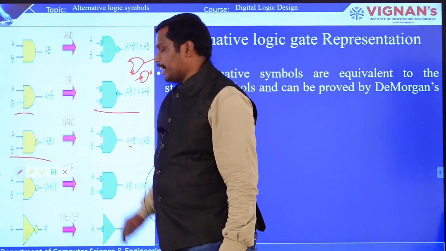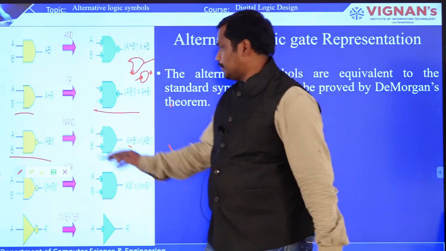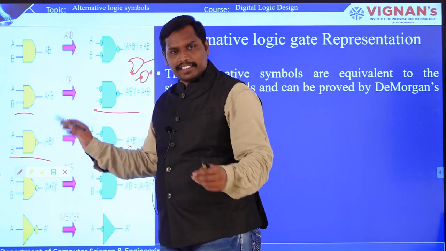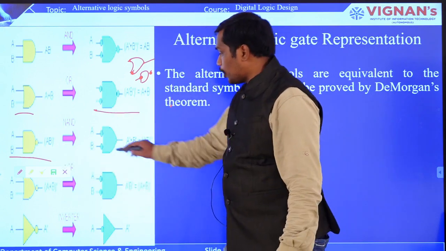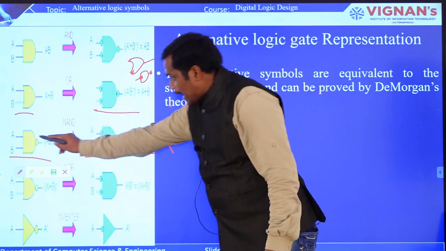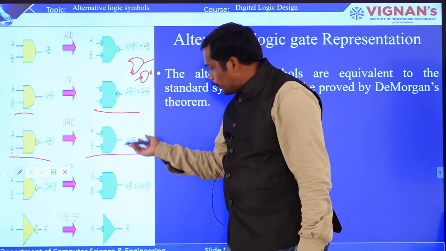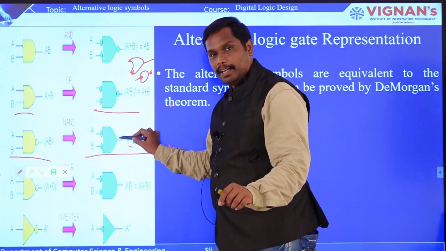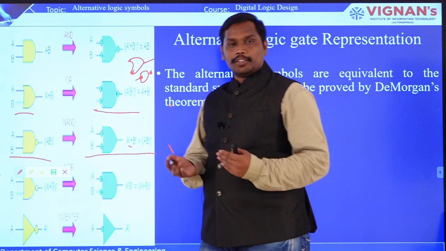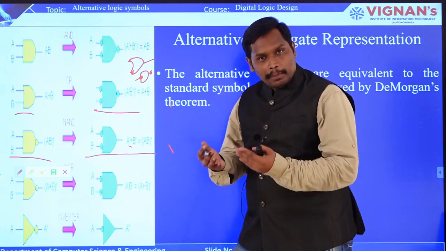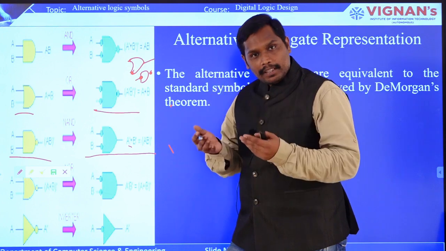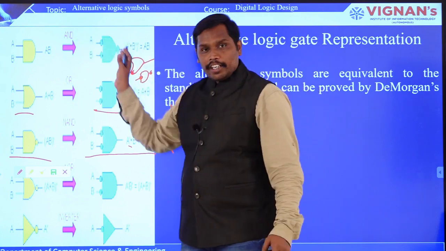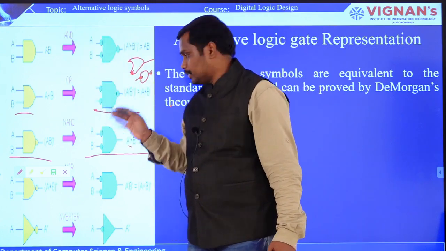In the same way, you can have it for the NAND gate. The NAND gate is the negation of AND, so you have an AND gate symbol with a bubble. That is how a NAND gate is expressed, and that particular NAND gate can also be expressed in this way, where the AND symbol is converted to OR. Here you can see the output has no bubble, but the inputs have a bubble. So you understand that for the inputs and outputs, when there is no bubble you put a bubble, and if there is a bubble you remove it, and AND is changed to OR and OR to AND. This is how the alternative symbols are used for the general symbols available, right?